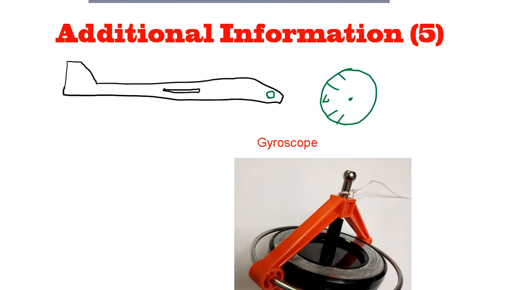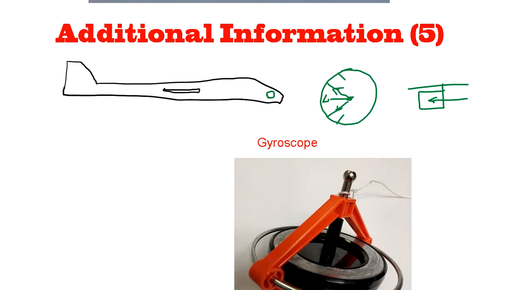From the side view, it's like a little flag sticking out, and airflow is going to move that flag, and this flag indicates its level or